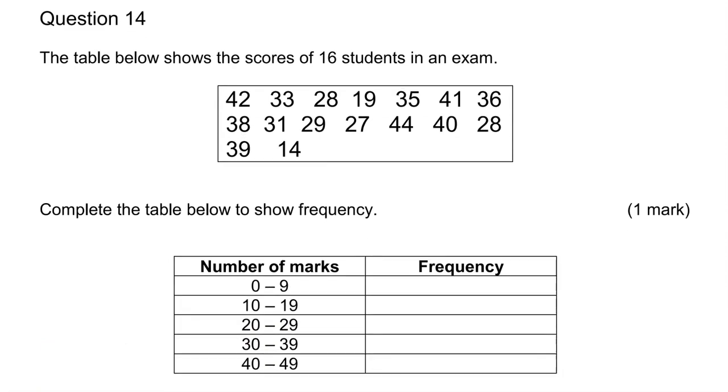The table below shows the scores of 16 students in an exam. Complete the table below to show frequency. So we've got a number of marks from 0 to 9. How many of them have we got like that, from 0 to 9? So looking at these, we haven't got any of them. So we're going to write 0. From 10 to 19, there we have 1,